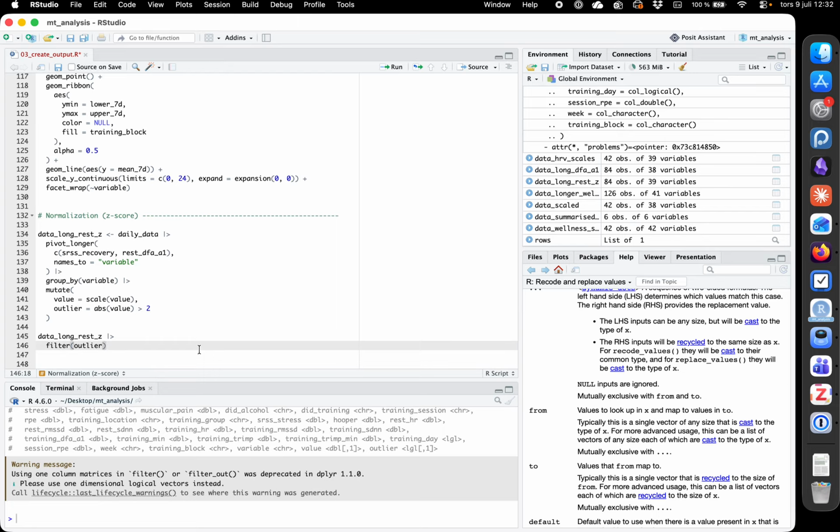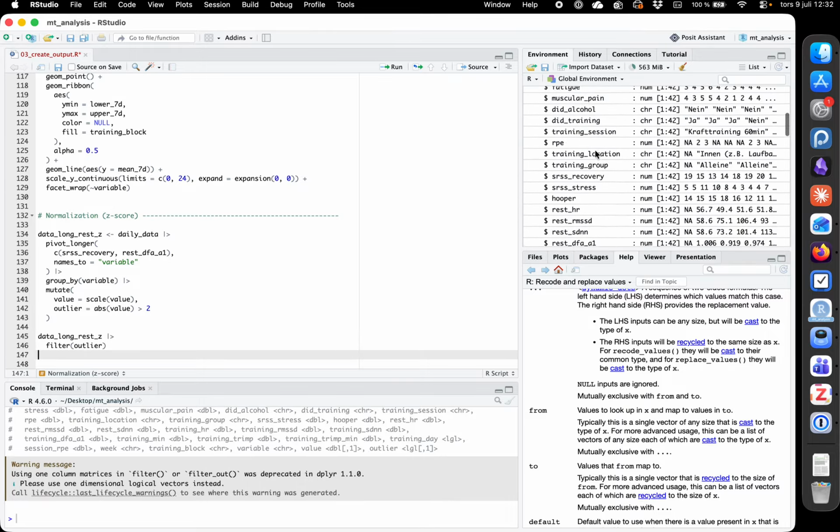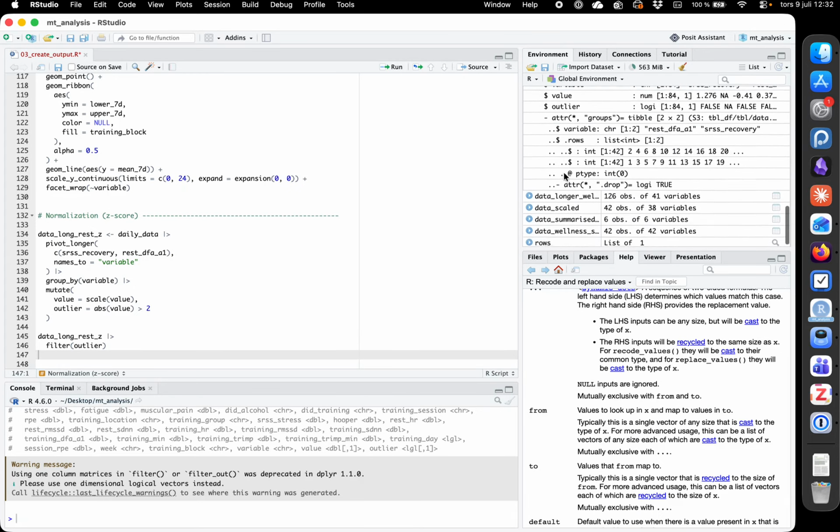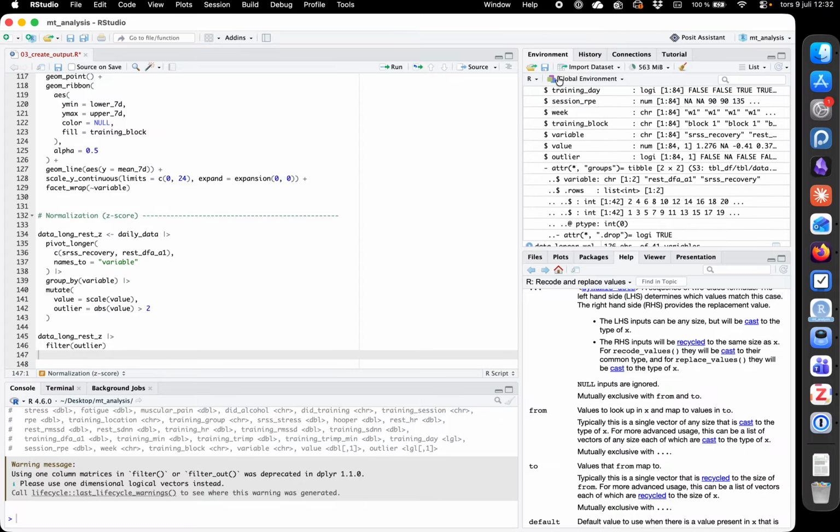Okay, here we get a problem. We could say when outlier is equal to true. Let's see if, no, that doesn't work either. Let's see what the problem is here then. So we look at our data long rest set, and we look at our, okay, so here we see that this is some special